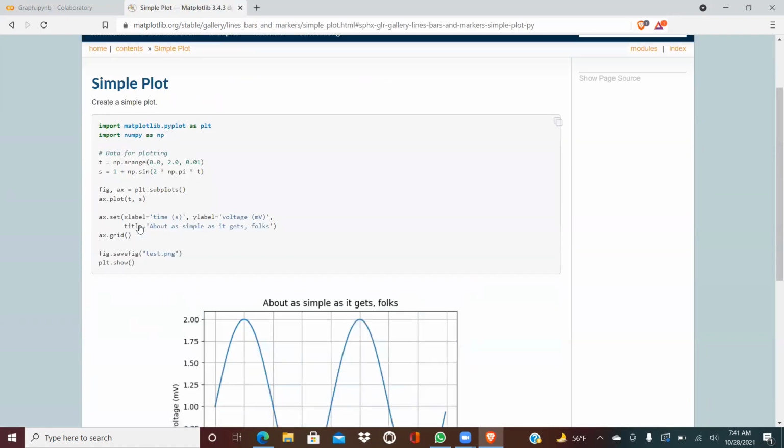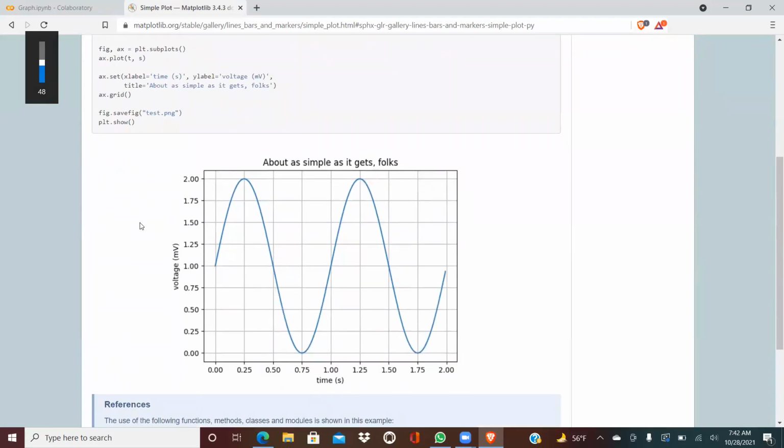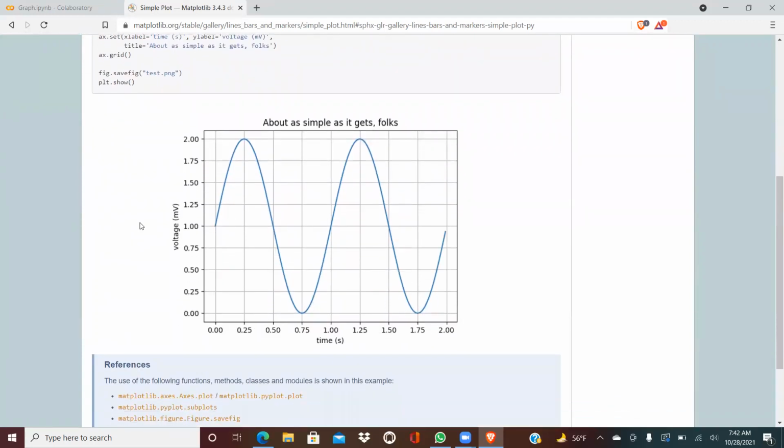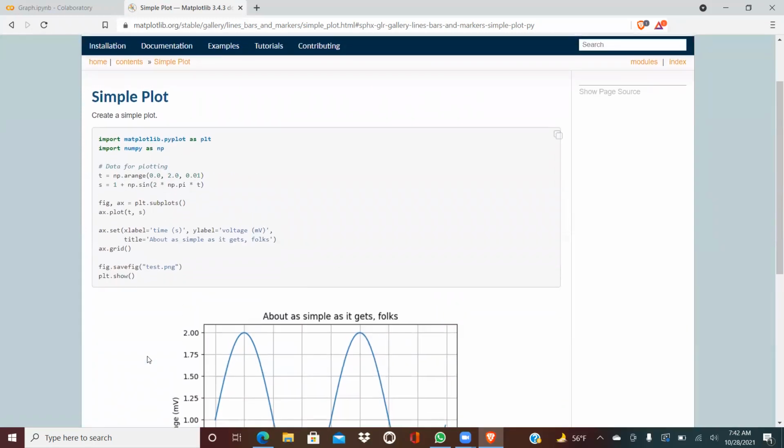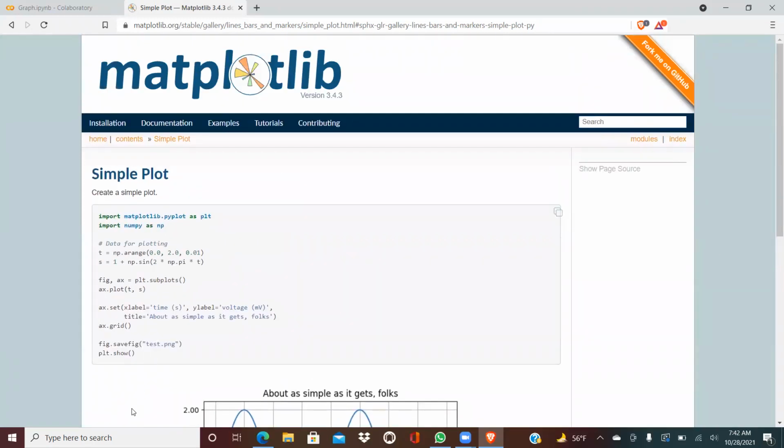You can see here what we are doing. Here also I'm trying to draw a graph between two variables. What are those? T and S. If you scroll down, you will see that we are trying to find the relation between time and voltage. So what is the time and voltage here? Go up to the code, scroll up. So if you can see here, T is what? T is your time.